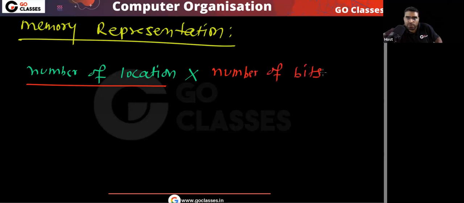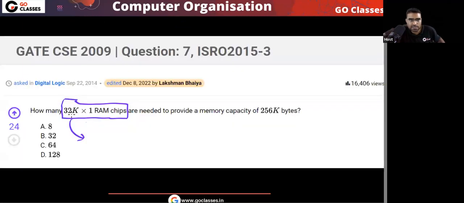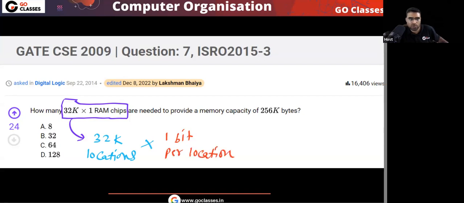So when I say 32K by 1 RAM chips, this means 32K locations multiplied by 1 bit per location. The question asks how many of these chips are needed if you want a memory capacity of